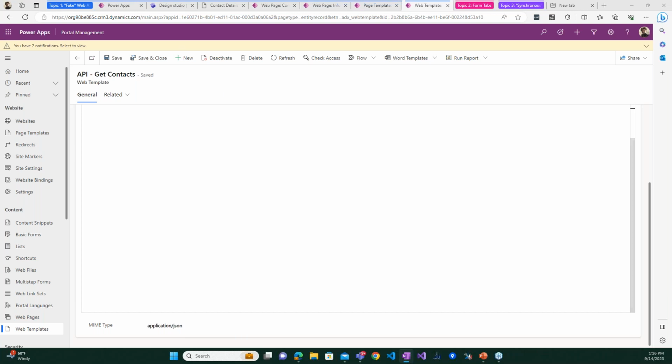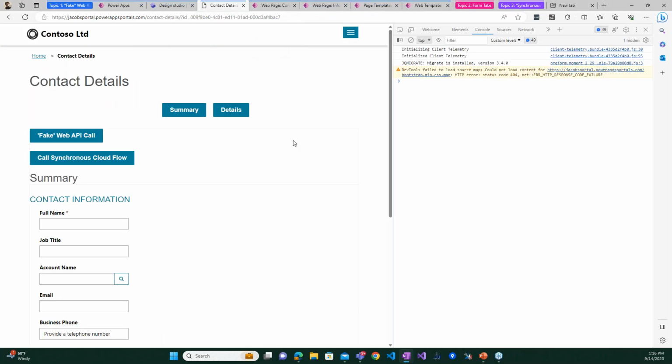And so I'm going to go back to the contact details page on my portal here. And I'm going to demonstrate the behavior now for this fake web API call. I'm going to have the console open here in my dev tools because my function simply console logs the resulted JSON object. So once I press it here,